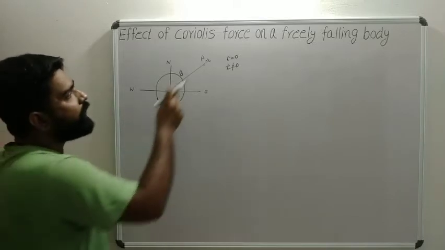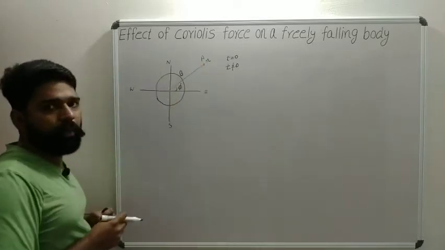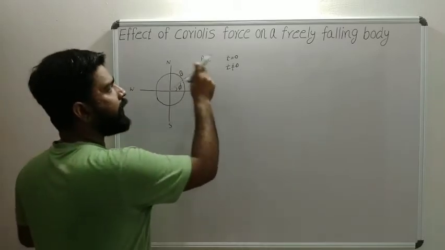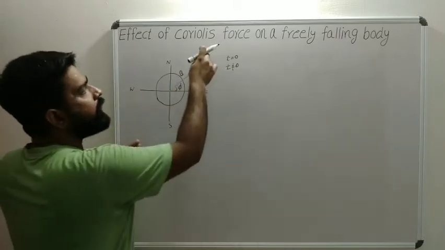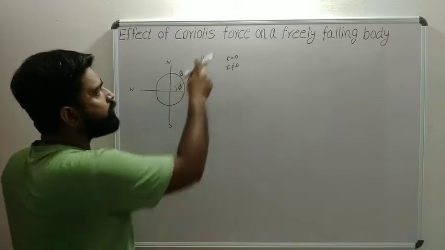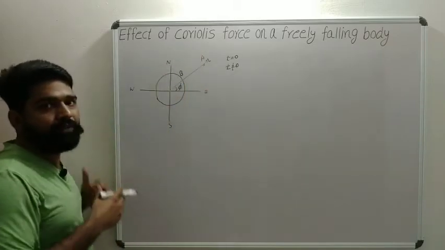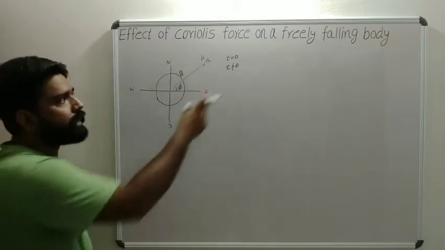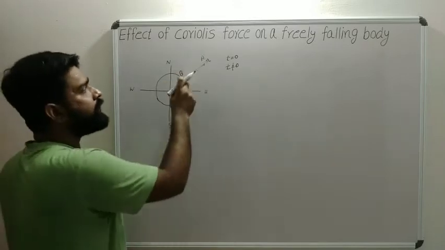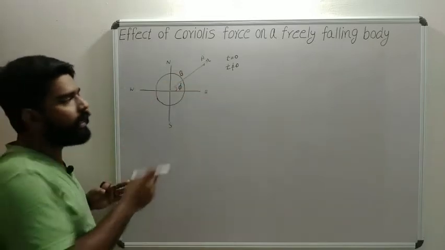So the object of mass m is freely falling from the point A, and we expect after time t the object will touch at the point B,